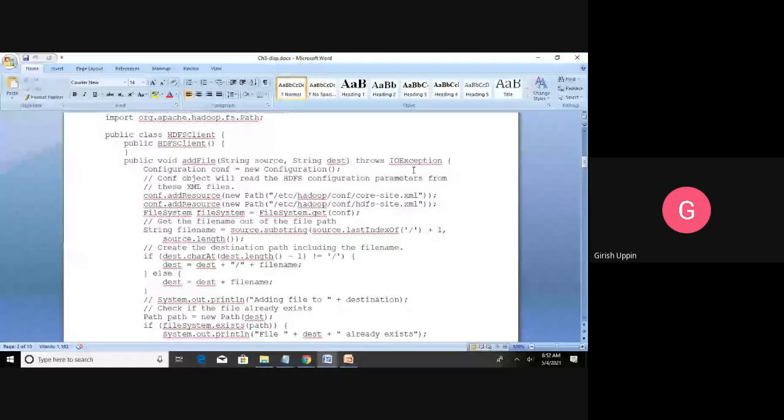So if there is any exception inside, it will not be handled inside the function. It will throw the exception. Whoever is calling addFile should make sure of this; these are general Java concepts you already know. Whichever function or class is calling addFile should take care of handling the IOException, or it should say that it throws IOException. Either way, in Java you handle the exception.